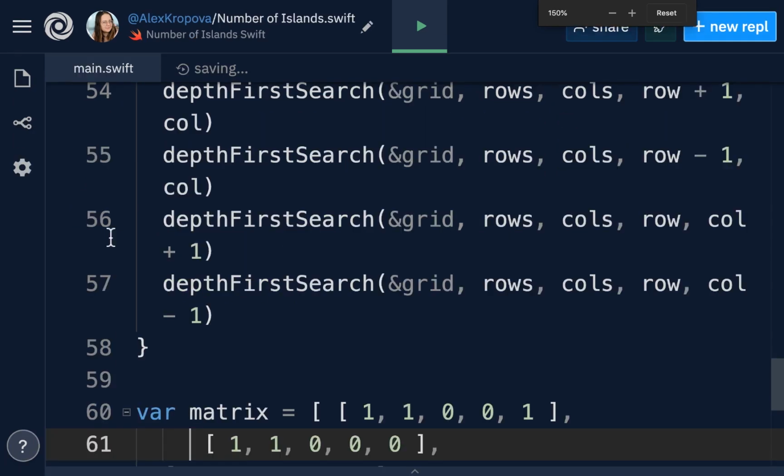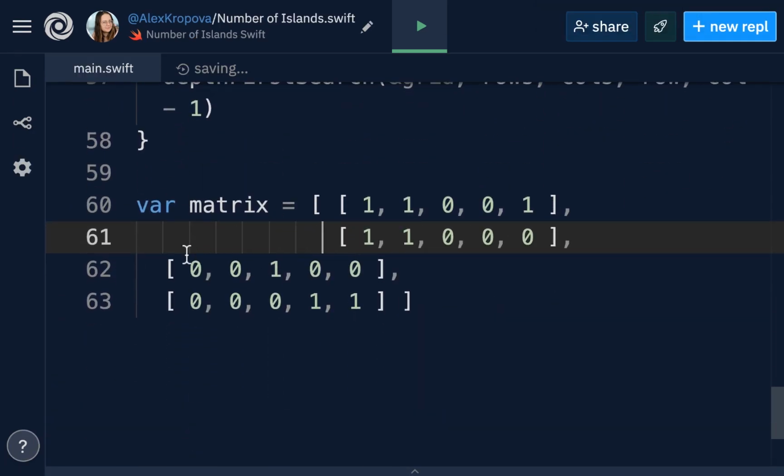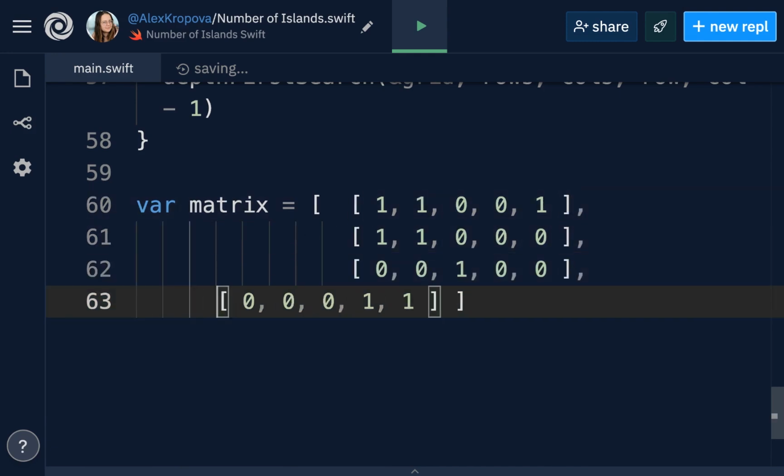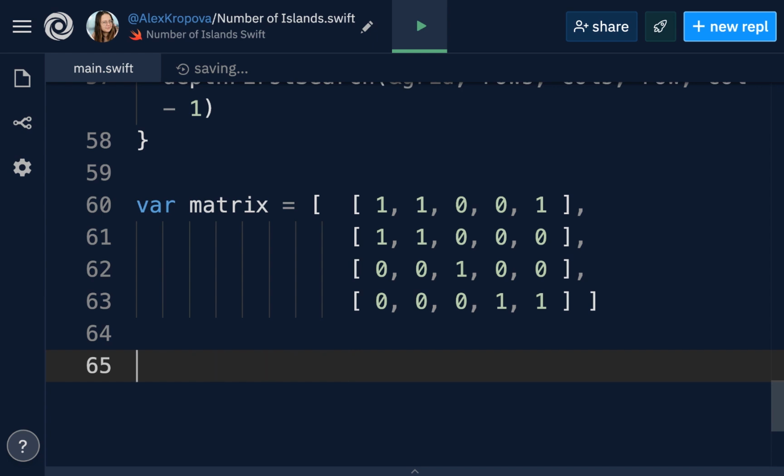So this is the grid we're working with, and we're looking for the number of islands. So all we have to do is call our find number of islands function on this exact matrix. And we know that we're expecting an output of 4 if we do not count diagonals as neighbors.